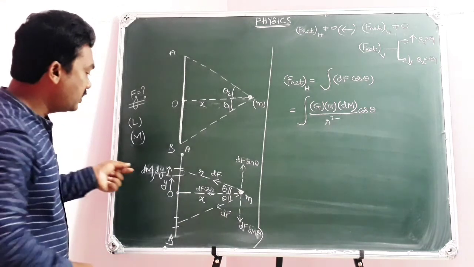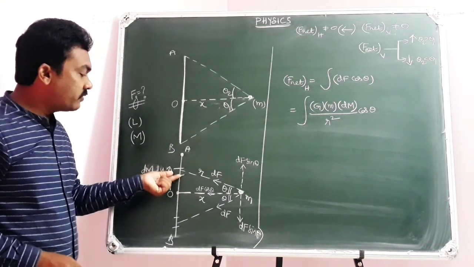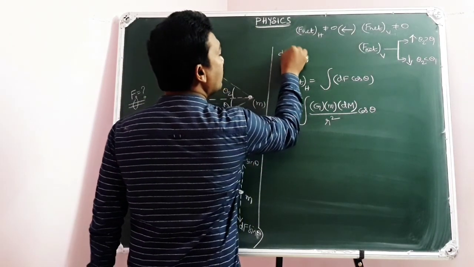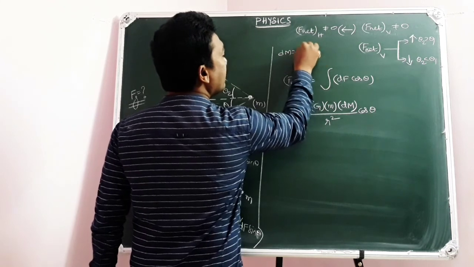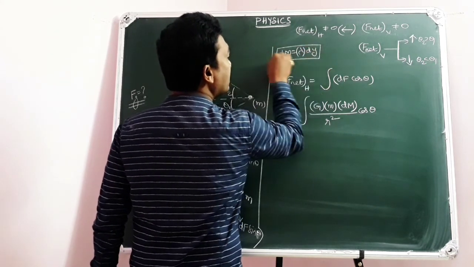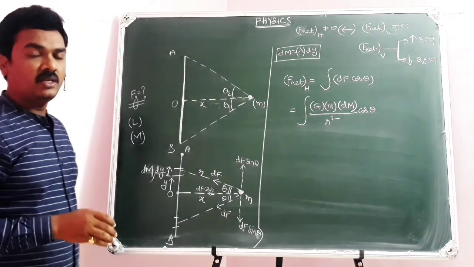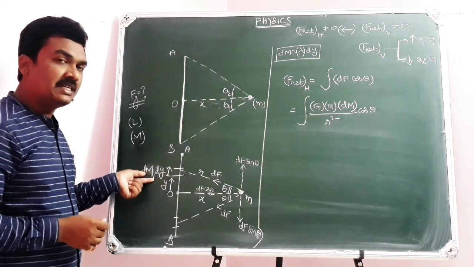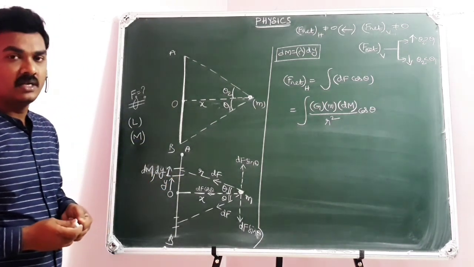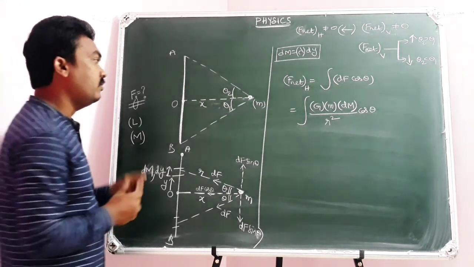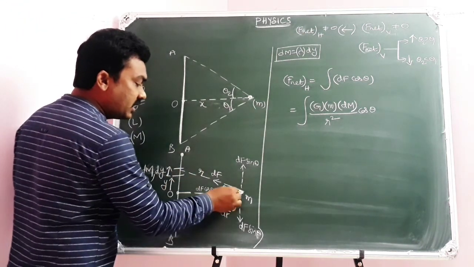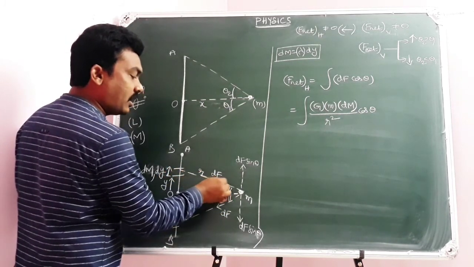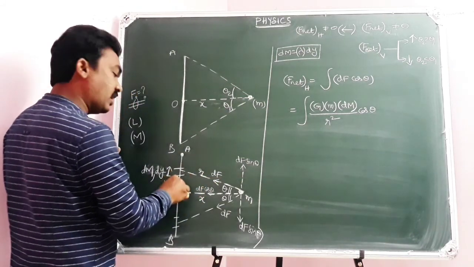But the very interesting point: dm is the mass of the element of length dy. So I can write dm equal to lambda into dy, where lambda is mass per unit length, which you have learned already. Lambda is the mass per unit length of the rod. Here this length is dy and its mass is dm, so dm equals lambda into dy. At the same time, here I suppose the horizontal distance of the point from the rod is x, this hypotenuse distance is r, and this distance is y, of course.